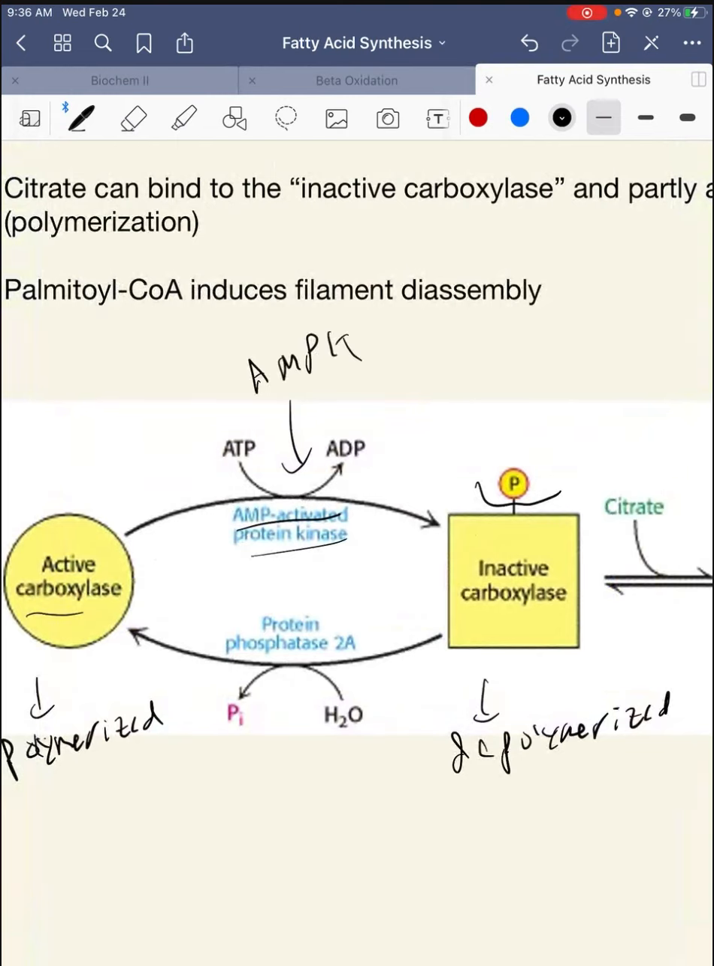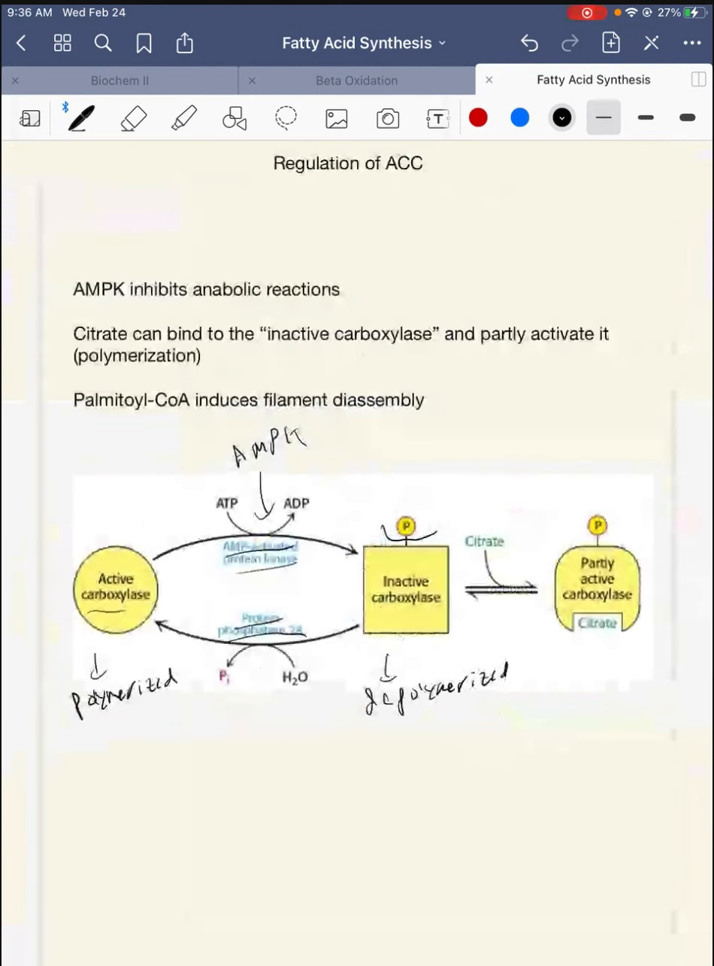I'm sure you've seen AMPK by now, but if you haven't, I have a slide, we'll talk about it briefly. And we'll also talk about it when we talk about energy regulation because it's a master regulator. And then protein phosphatase 2A takes the phosphate off and it activates carboxylase. Okay, so another thing that can act on it is